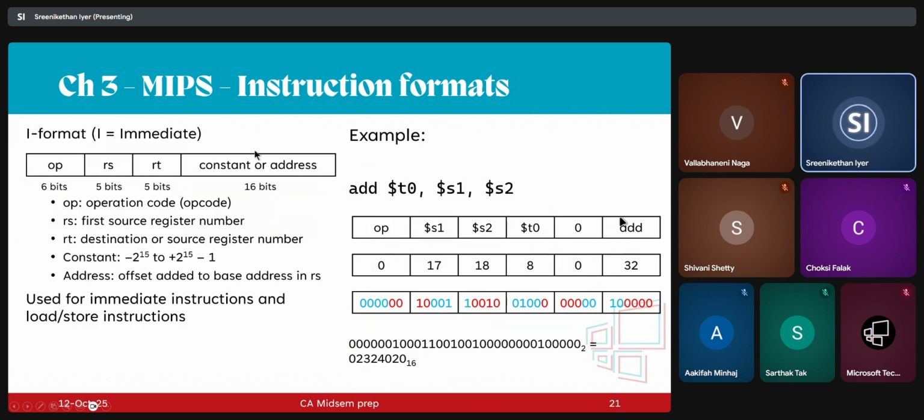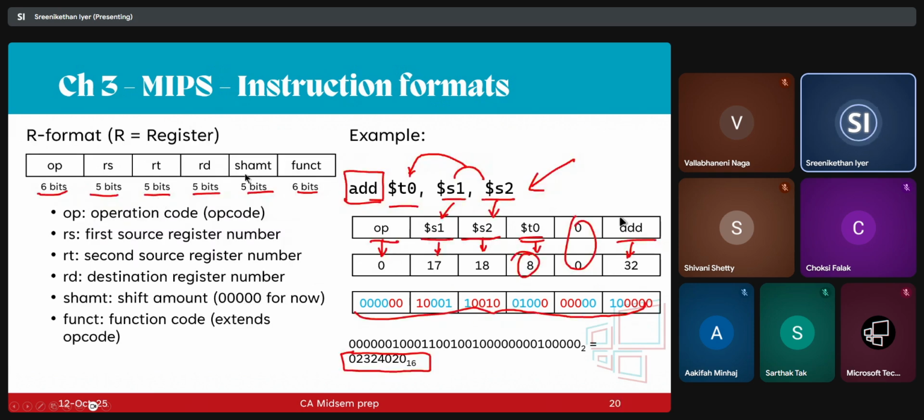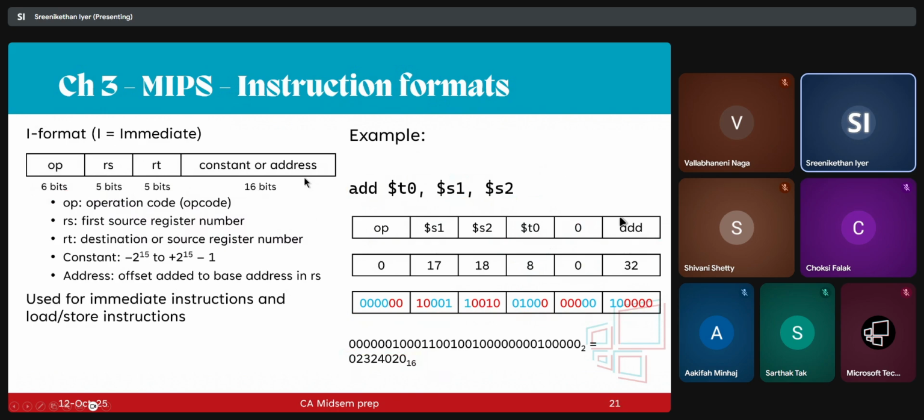Similarly, there is also something called the I format instruction, because if you notice in the previous one, there is no space to include an immediate number, correct? So instead of that, we have another format called the I format instruction. So whenever you give a number in the instruction itself, let it be